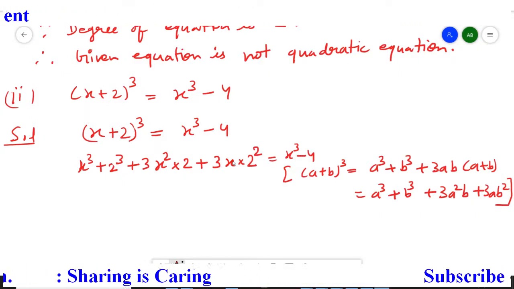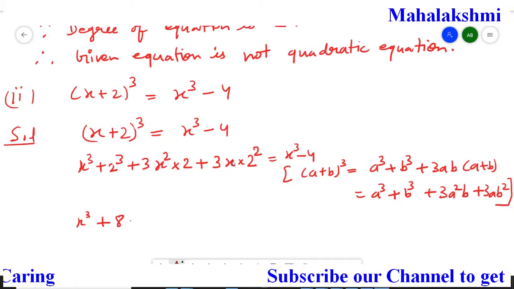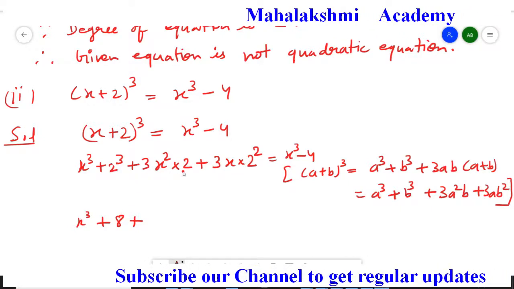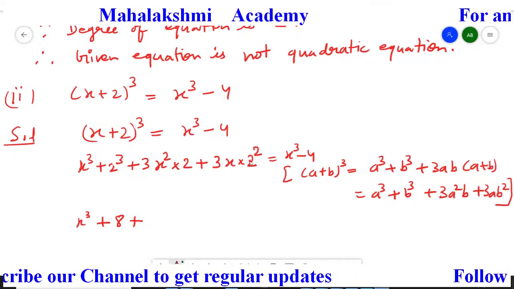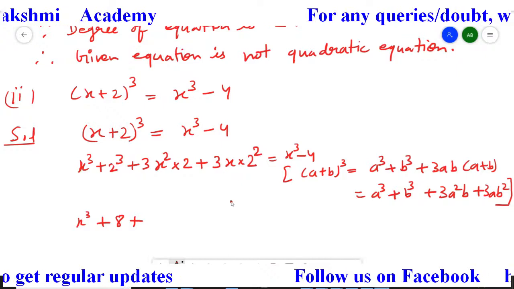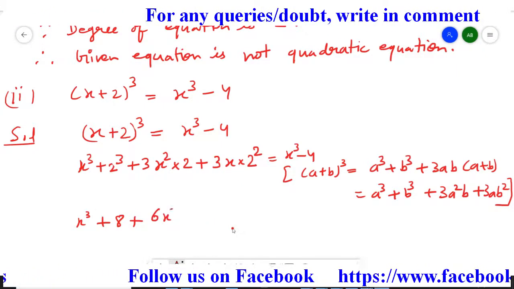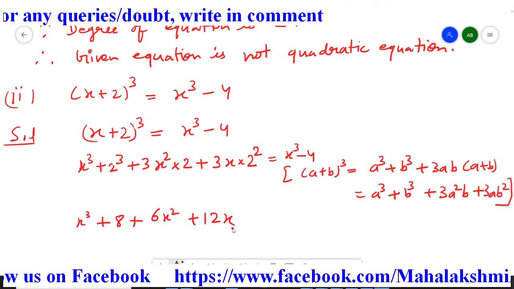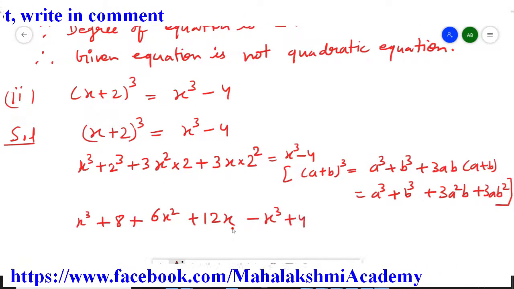Now when we further solve this, we will get here x cube, 2 cube is 8 plus, now here 2 cube is 8. Now when we multiply, we will get 3 2 is 6. So 6x square, and here we will get 2 2 is 4 because 2 square is 4. So 4 3 is 12. So we are going to get here the next terms are going to be 6x square plus 12x. Now I am going to shift them here. Right terms also, that is minus x cube then plus 4 equal to 0.